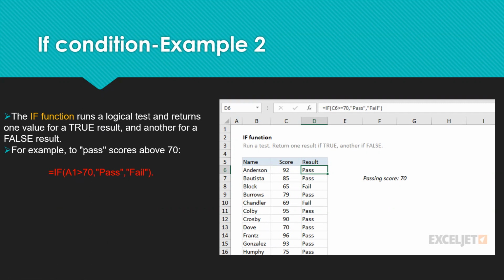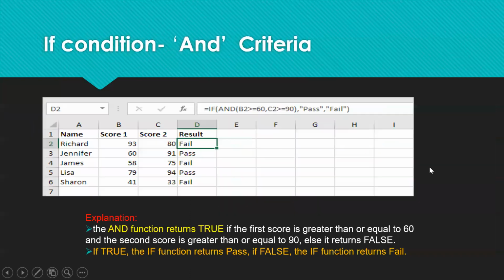Based on that, it will give a true or false value. If it's a true value, it will give the result as pass, and if it's a false value, it will execute the second parameter, fail. So run a test, return one value if true or another if false.